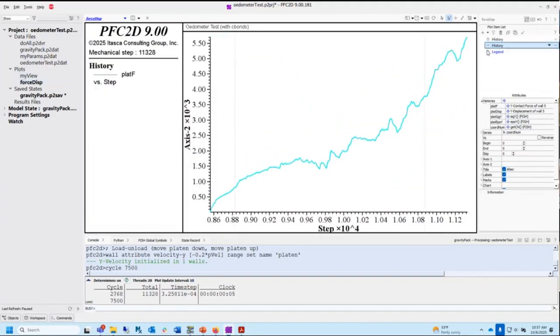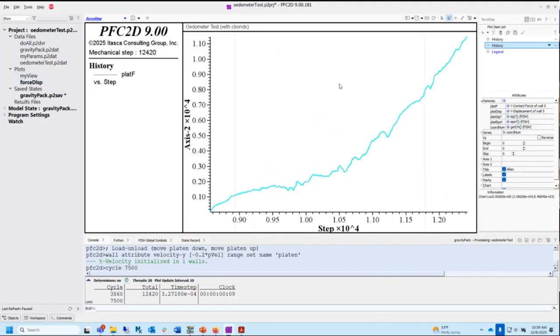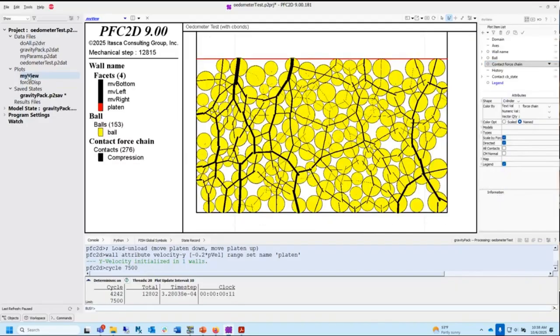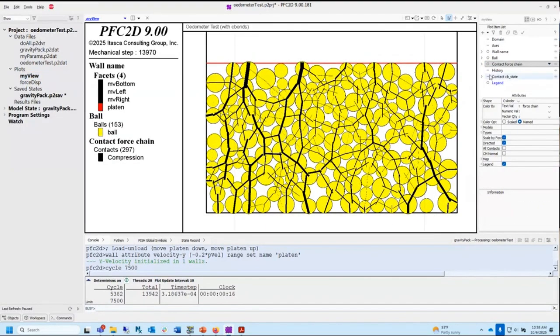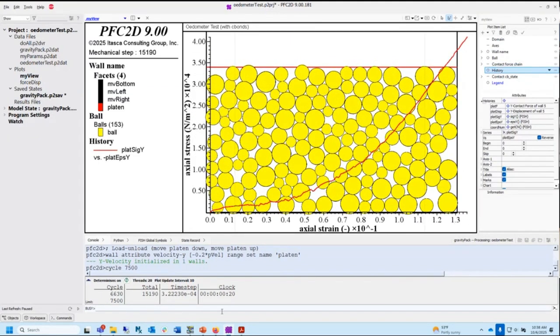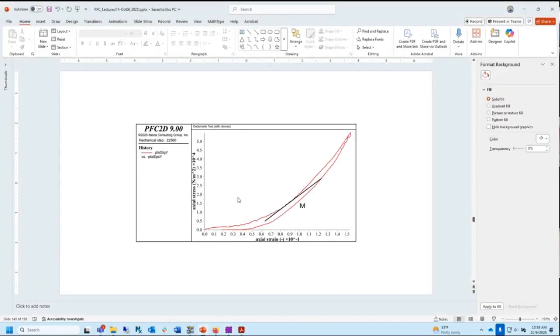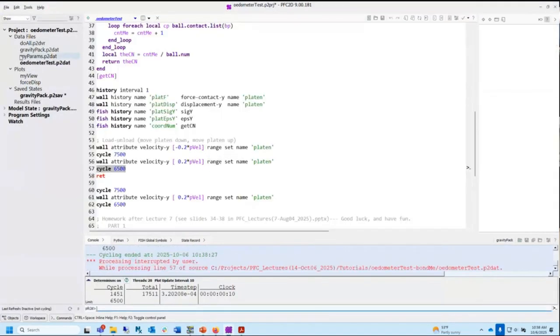And here we're going to get crazy stuff here. This is the force displacement, right? Let's just do a quick thing and plot this force displacement next to the other one. I'm just curious. It definitely should be different, but the question is how much different. Here's the other one right there, stress versus strain, but with no bonds. It's just frictional, but now we got bonds. Oh, hold on. This is useless. The bonds have zero strength, so they all broke. Let's go back here.